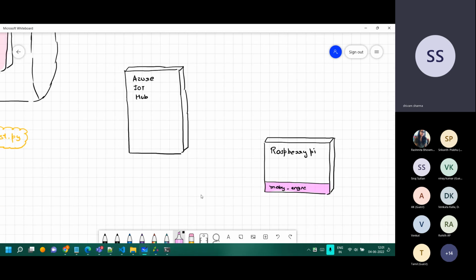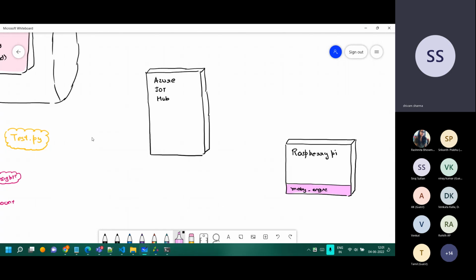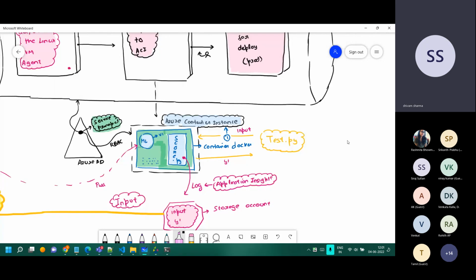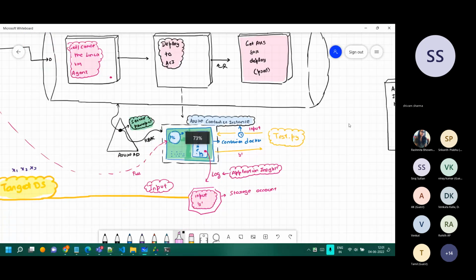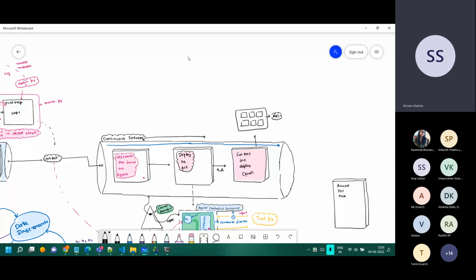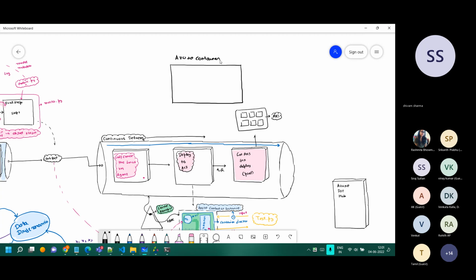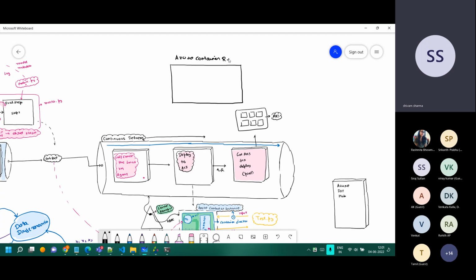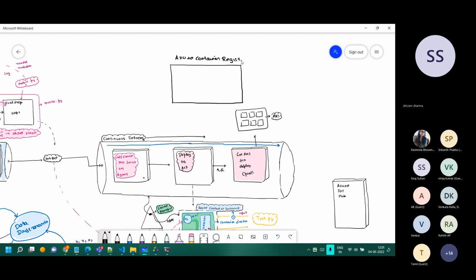So what we need to do is the artifact, let's make one more box here. One thing which I think I skipped over here is that there's a concept called the Azure Container Registry over here.